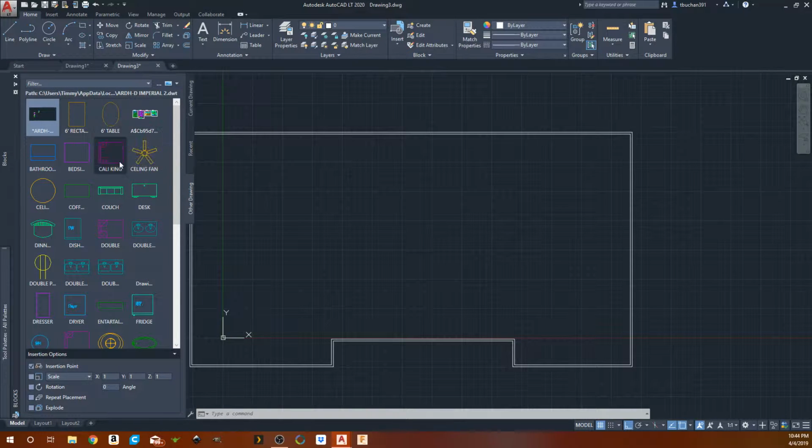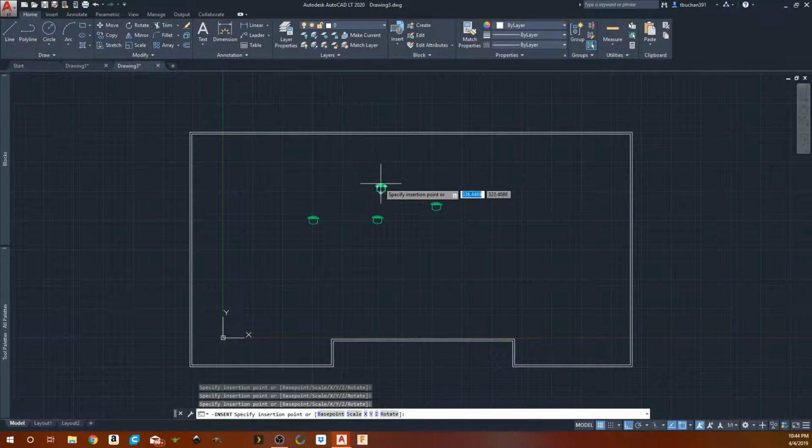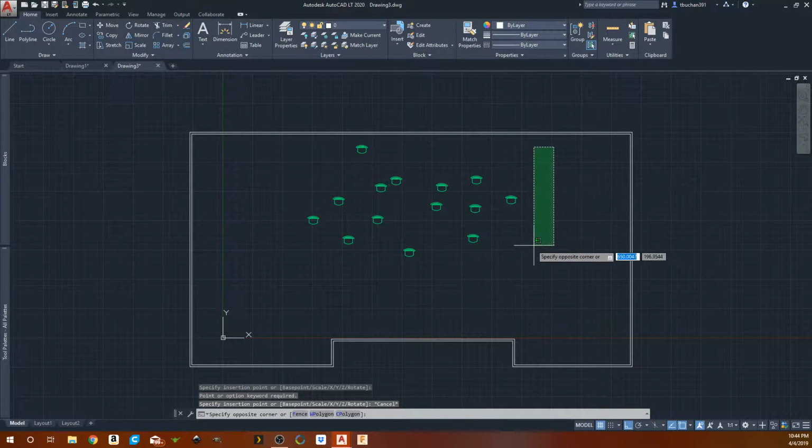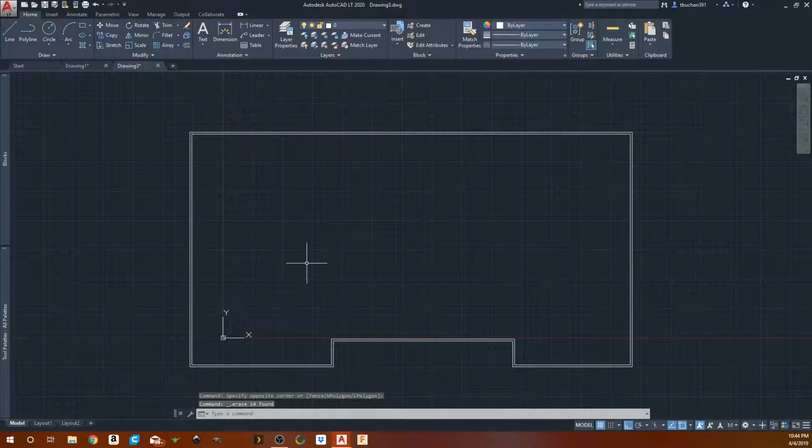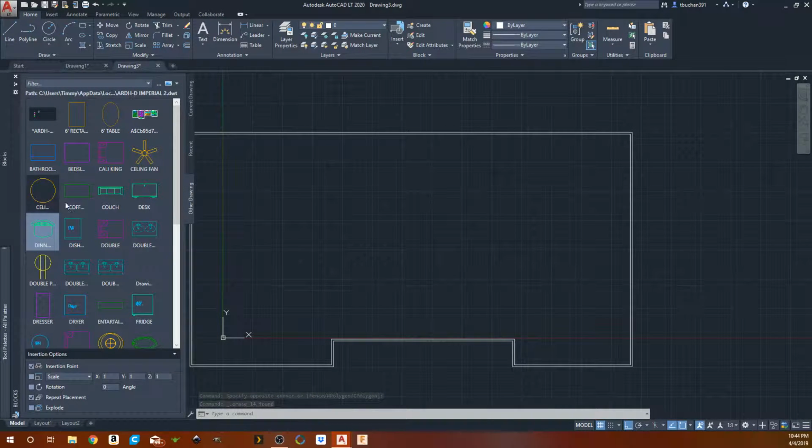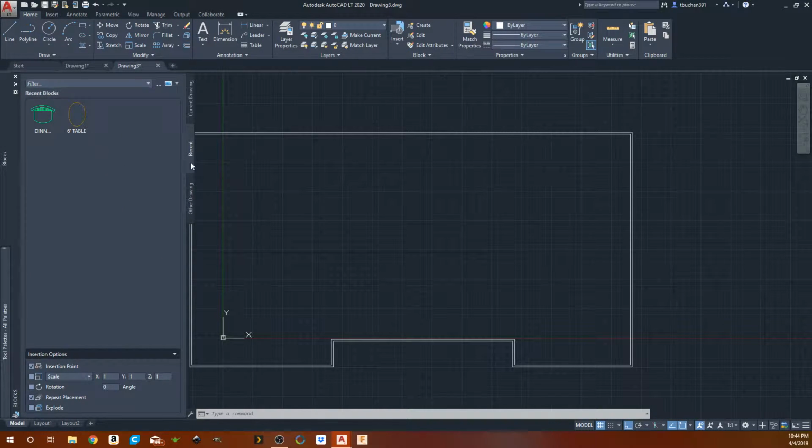But you can just pick whatever block you want. So we're just going to put the dinner chair in here. Repeat placement. And put as many as you want. No need to go in and do a separate copy command to place another chair. You also can search other drawings, and you can see your recents. This is from just another drawing that I've got that's got all my blocks in it. You can go into your recents and see recent blocks that you've used, and then what you've actually inserted into